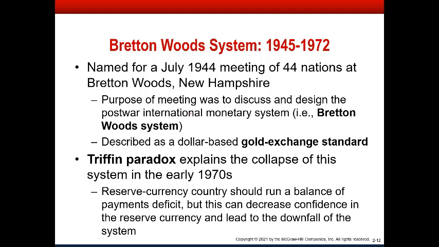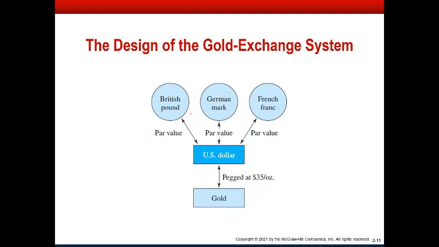So in this system, the US dollar is going to be the only currency defined in terms of gold. It's pegged at $35 an ounce. That was a pretty significant devaluation of the dollar against gold, against what had prevailed before. The historic gold standard in the U.S. had the price of gold at a little bit under $20 an ounce. So this is a big devaluation of the dollar. Well, that was necessary because the United States, like most countries, had printed a lot of money to finance its war effort, and printing money leads to a decline in the value of money, as I hope you remember from your macroeconomics classes. Okay, so the dollar was pegged to gold, and then every other currency was just pegged to